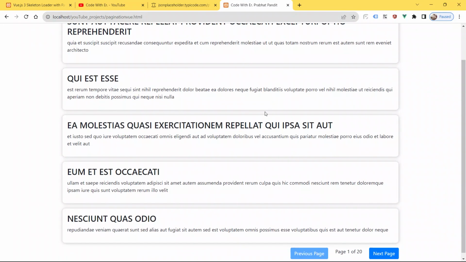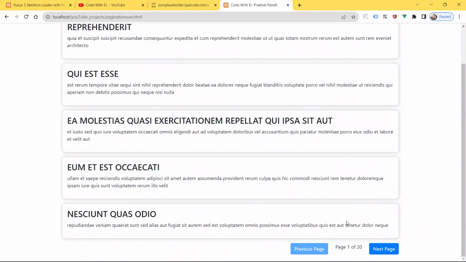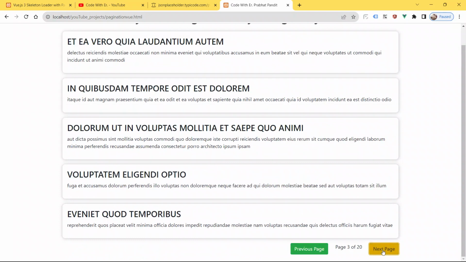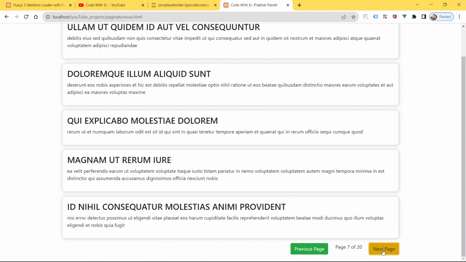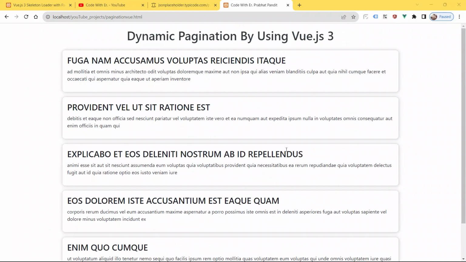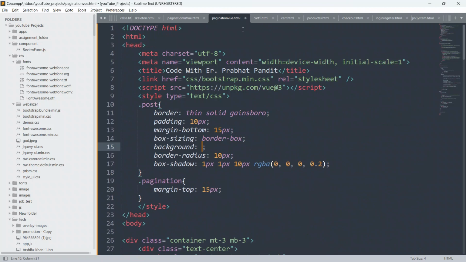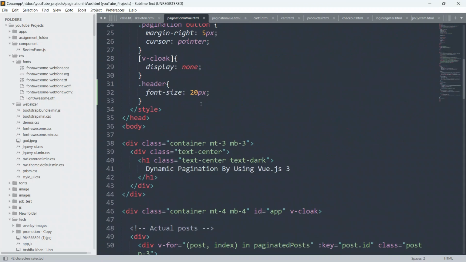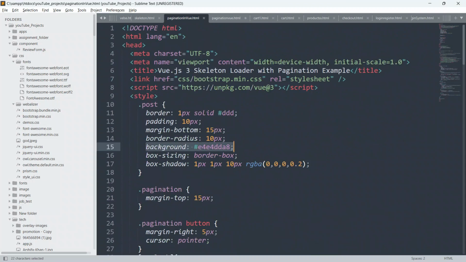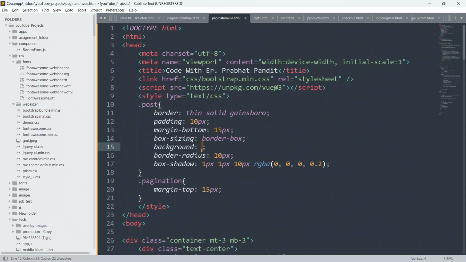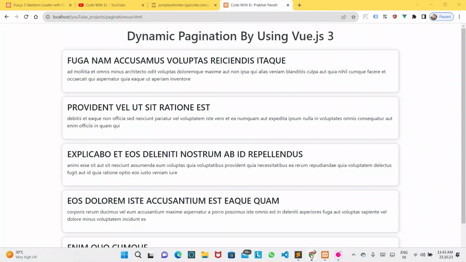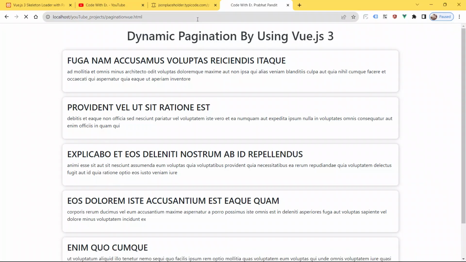Yeah, you can see, guys, each and everything fine. Okay, see guys, how dynamic and how innovative our application looks like. Okay, so I'll give the background color also, guys. I'll give a little bit of background color also. I'll just copy the background color from the previous example only. So just copy this background color from here, and just paste it here. Okay, yeah, so now save your code, go to the browser and refresh the page.